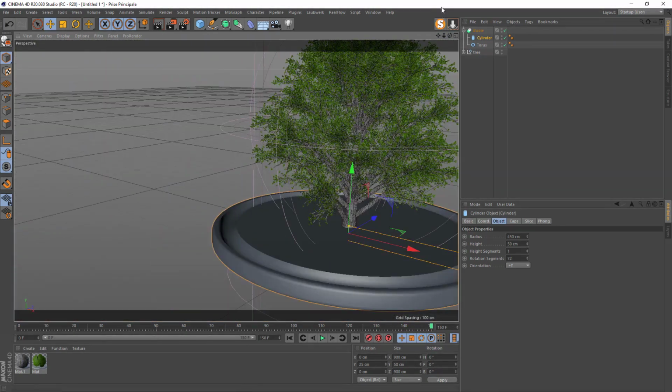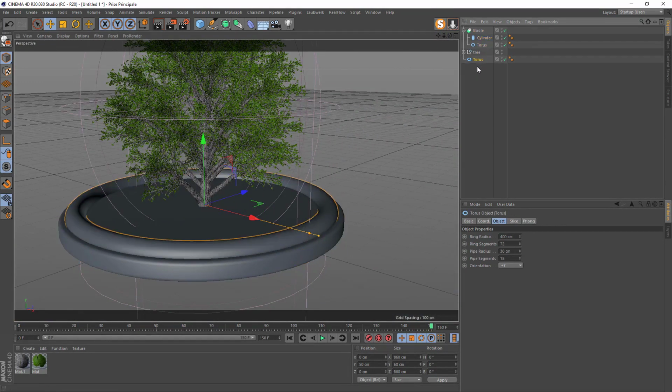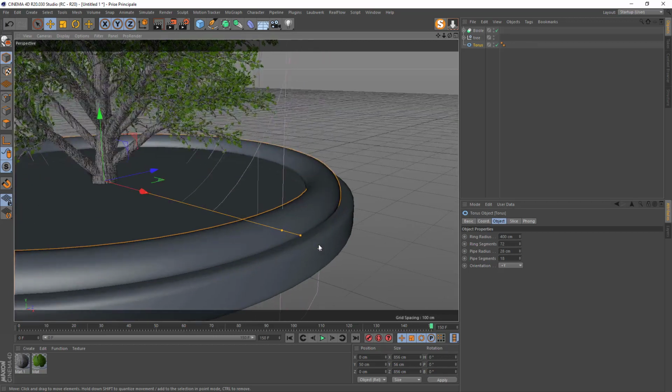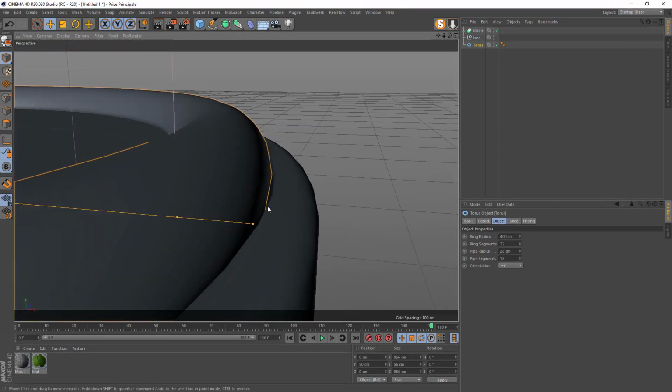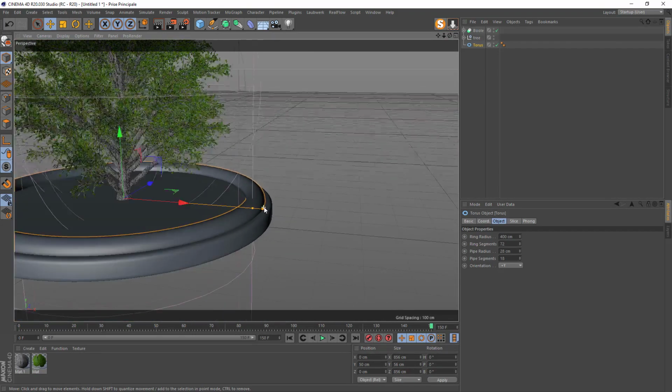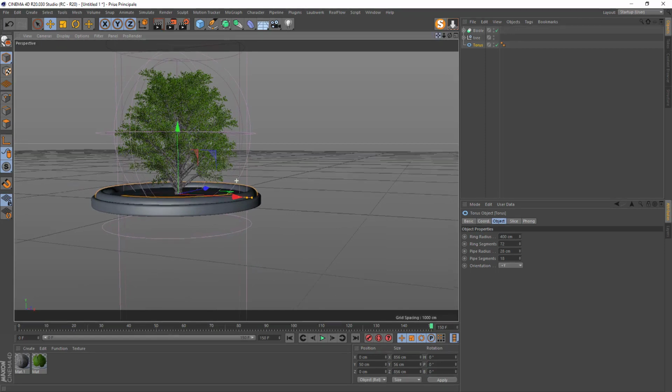So we can make now another torus. So just duplicate this one. And you see now we've got that, make it a little bit smaller. So pipe radius, put 28 maybe. So we can, you see, a little bit see the gap here. Not that much, but it's there. And it's okay for that.